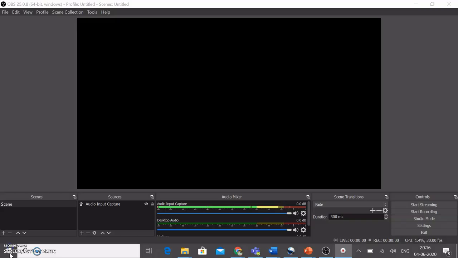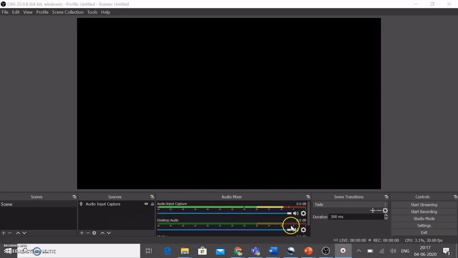As you open your OBS software on your system, this is how it will look. Let me first introduce you to some of the very important control panels on OBS. To begin with, this black screen that you can see on OBS is where our content is going to be put up, and this is the part of your entire screen which is going to get recorded.